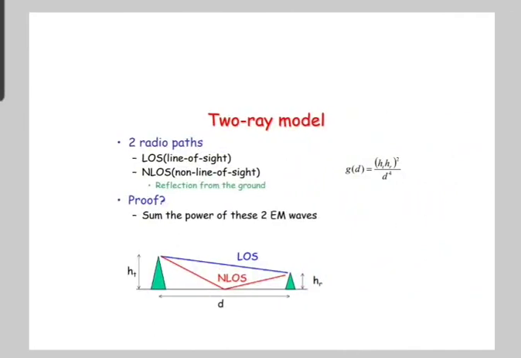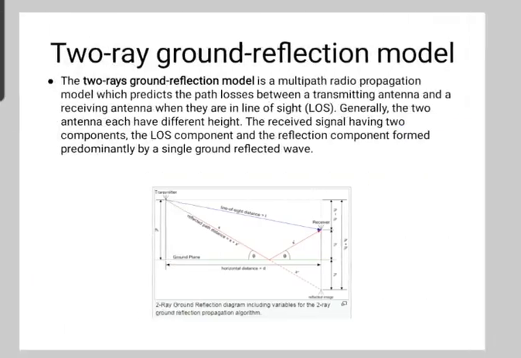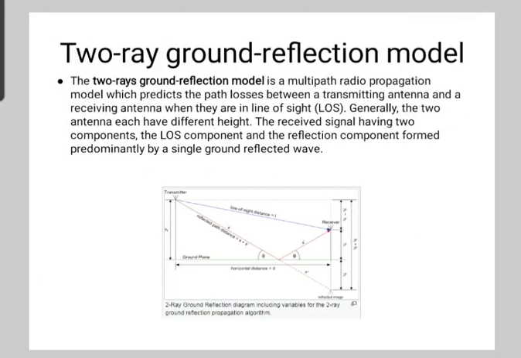Okay. This model takes into account the phenomenon of reflection from the ground and the antenna height above the ground, and the ground surface is characterized by the reflection coefficient, that is R, and it depends on the material properties of the surface and the type of wave polarization. The transmitter and receiver antennas are of height HT, and are separated by some distance D.